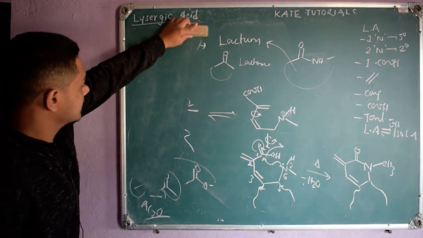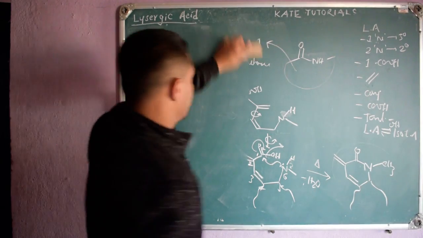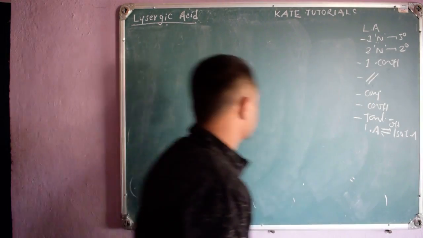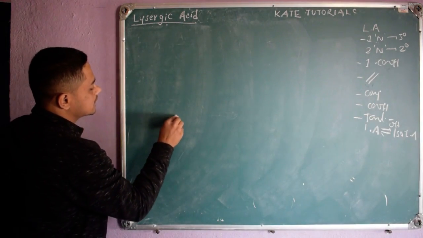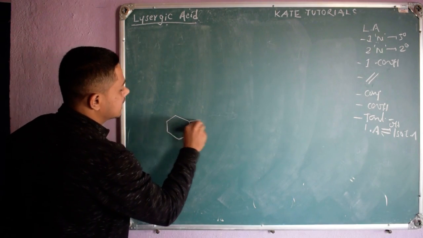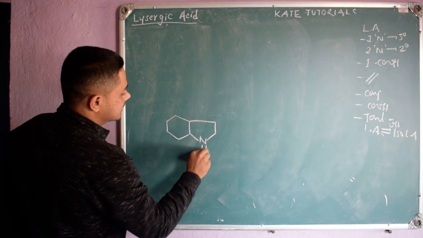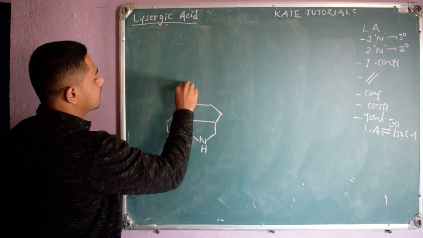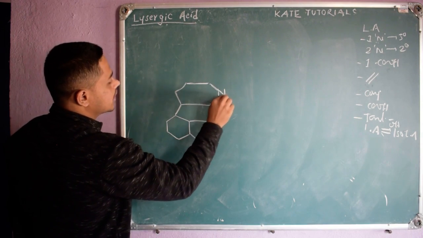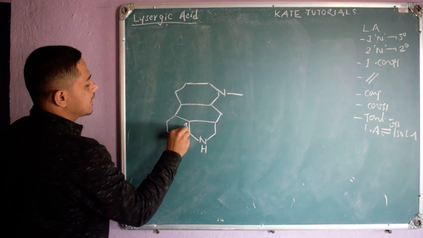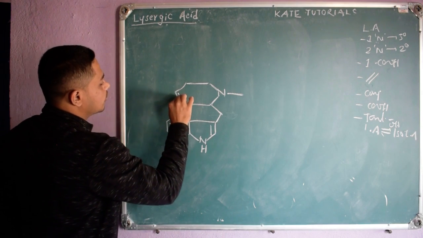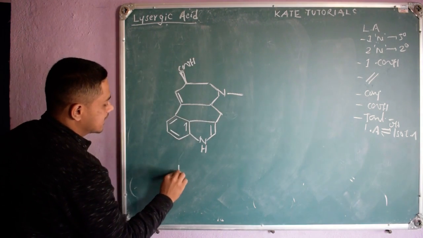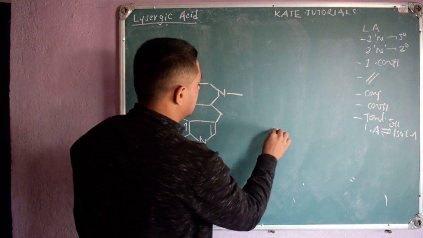So these are the few reactions I wanted to tell, and we concluded that this lysergic acid has the structure like this. So now you should be able to draw the structure of lysergic acid. It has an indole skeleton like this. Here NH is there, and here 1, 2, 3, and here we have a 6-membered ring, and above one more 6-membered ring. Here we have nitrogen, which is tertiary, CH3 is attached, and here we have conjugation like this, and I have a double bond here. If COOH is above, then we call it lysergic acid. Same structure,